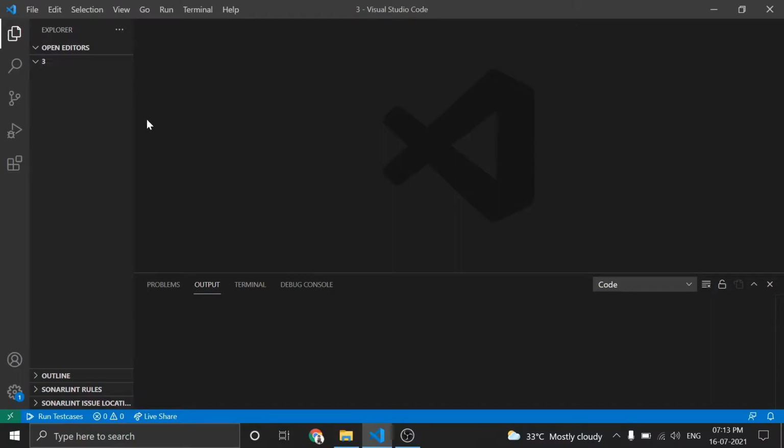In the previous video we have seen how to download Visual Studio Code, how to set it up and how to run simple codes. We also saw some basic syntax, what the main function is, what #include is, what return 0 is, and the significance of returning an object from a function.